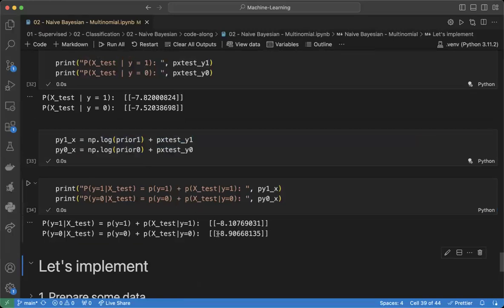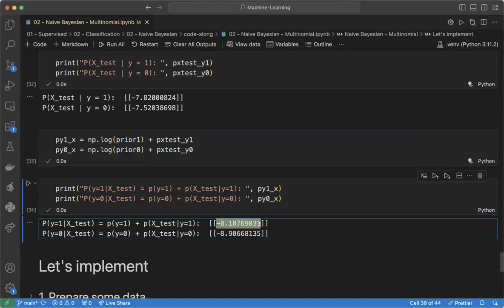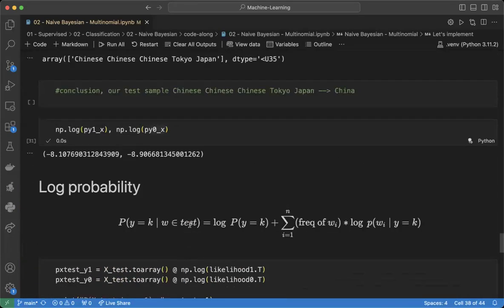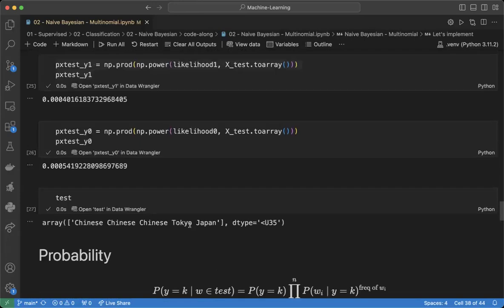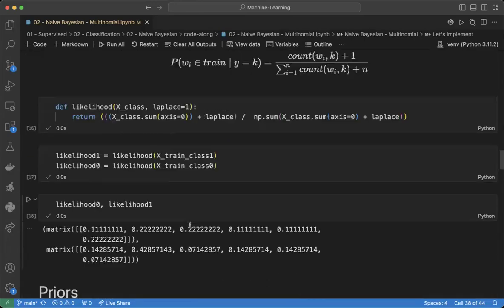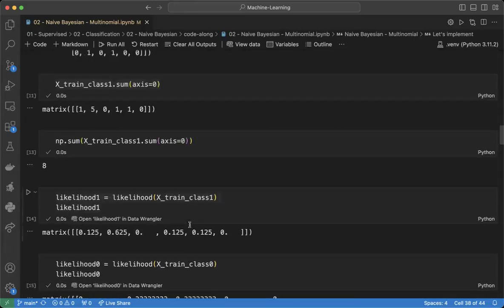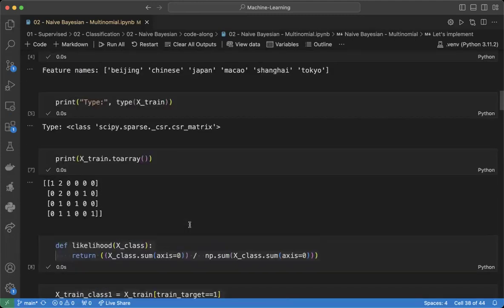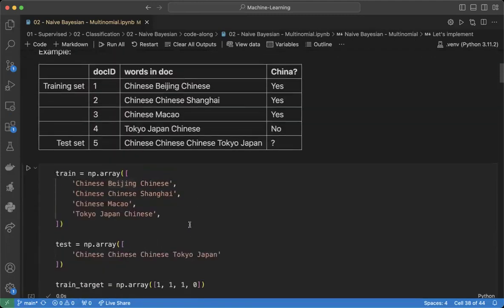And we can see that this is slightly bigger, you can say, right? Because it's less negative, then there's a higher chance that the test set belongs to class 1, right? So let's review again what we have done, which is a lot, right? And now we're gonna go to the real data, right? So right here, what we have learned is that